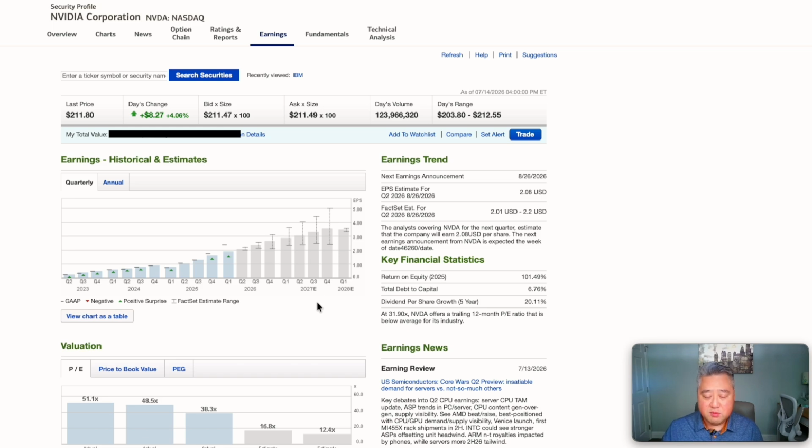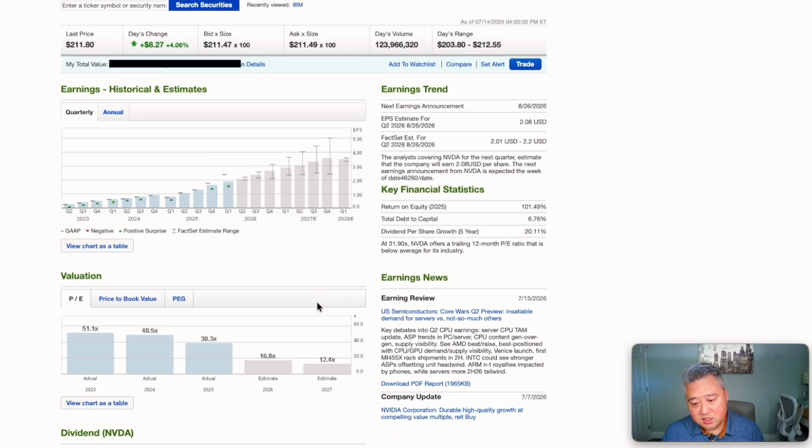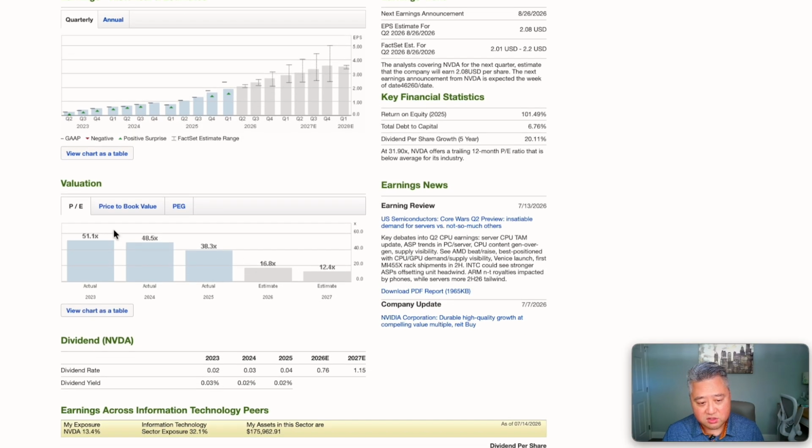Now, when we look at EPS, that has a direct impact on the PE ratio because earnings per share relates to earnings. And if you remember, PE ratio is price to earnings. So if you have constant earnings growth, the PE ratio would naturally compress. And so that's what we're looking at here. So over time,